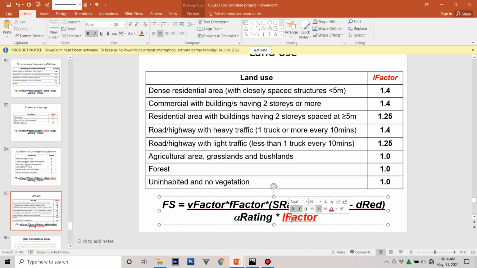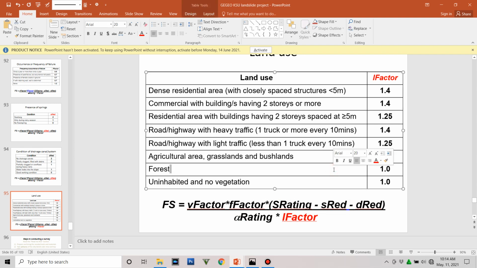So, yung L factor naman is the land use. So, ito yung sinasabi ko, additional pressure sa taas. So, tutulungan niya yung weight as a driving force para ihulog niya, or it will facilitate the downward movement. Okay? So, that is why if we have a dense residential area, that is the highest score. So, with closely spaced structure, we have